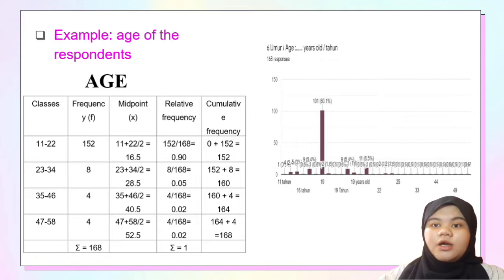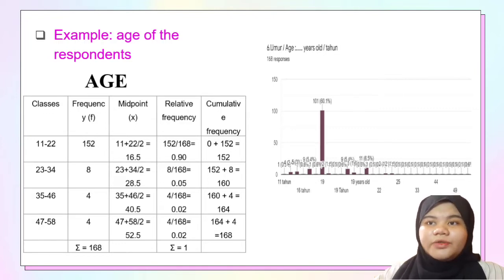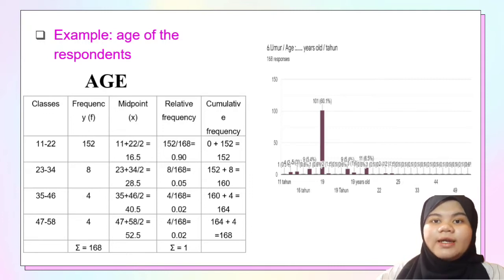For frequency, we have calculated the frequency separately according to classes. The way to calculate the midpoint is 11 plus 22 divided by 2, so we will get 16.5. To calculate the relative frequency, we must take the number of one of the classes and divide it by the total number of respondents. While for cumulative frequency, we need to take the amount of data before and add it to